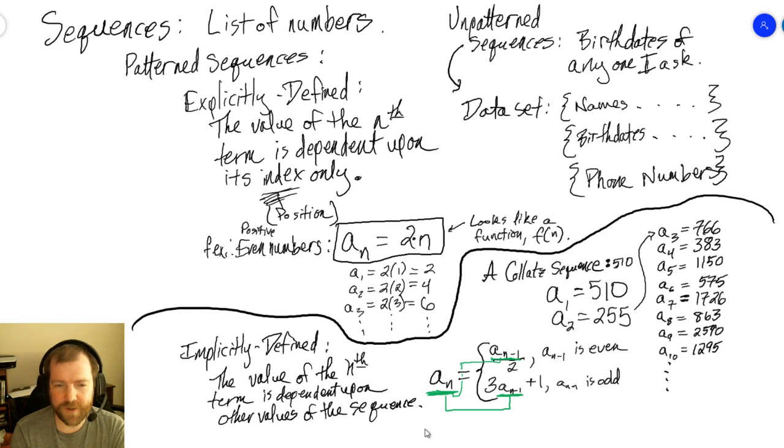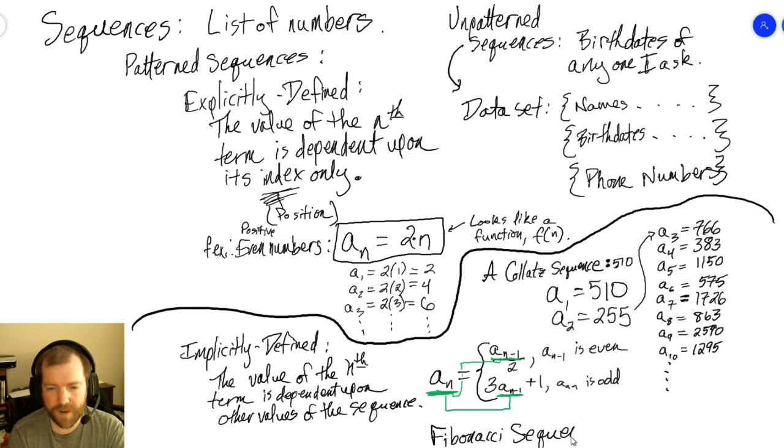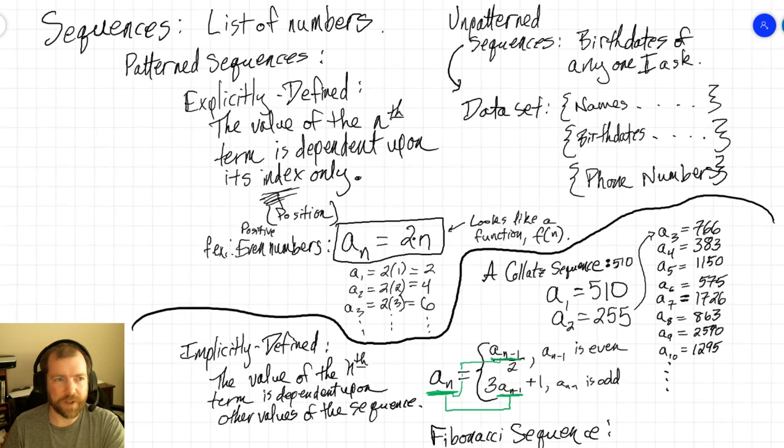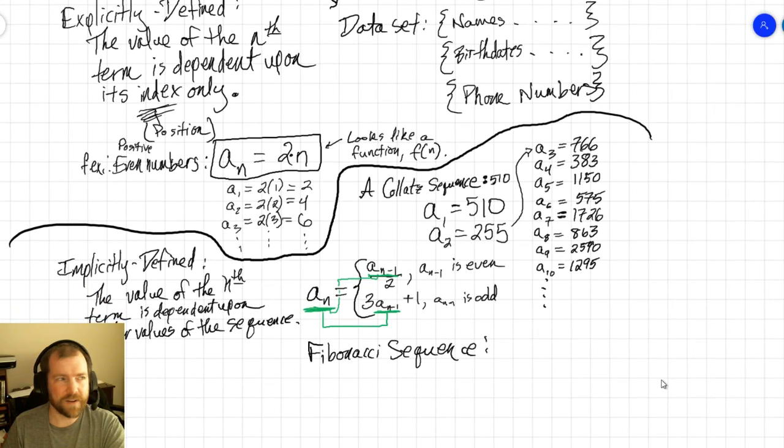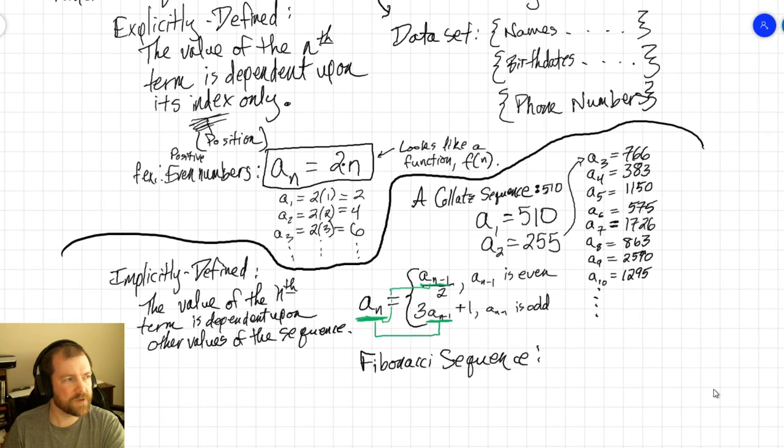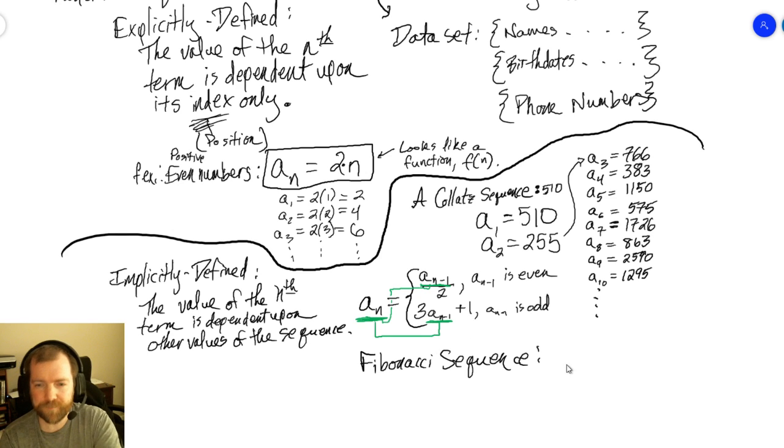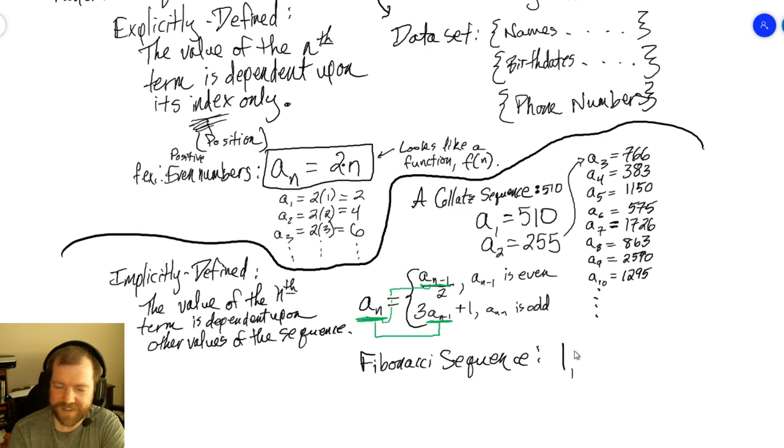So in addition to Collatz's sequence, we've also got the Fibonacci sequence, which has to do with the mating habits of rabbits. It was a puzzle solved by Leonardo of Pisa, and his solution ended up being, if you started with one baby pair of mating rabbits, and then barring genetic diversity issues, if they were able to mate after 1 month, then